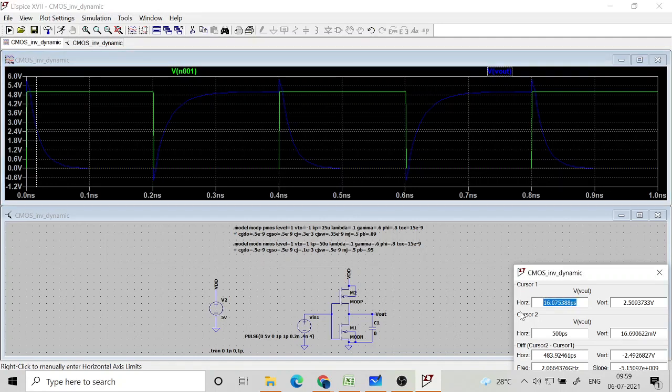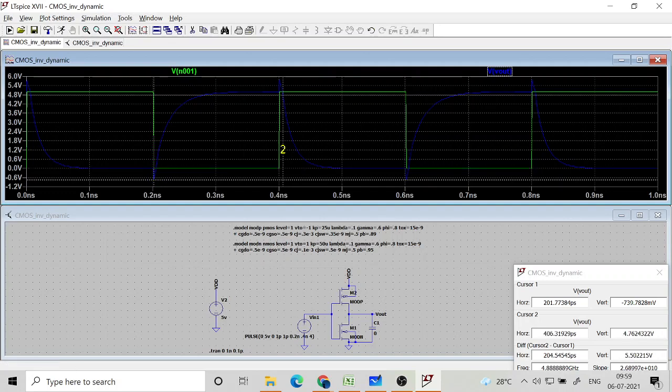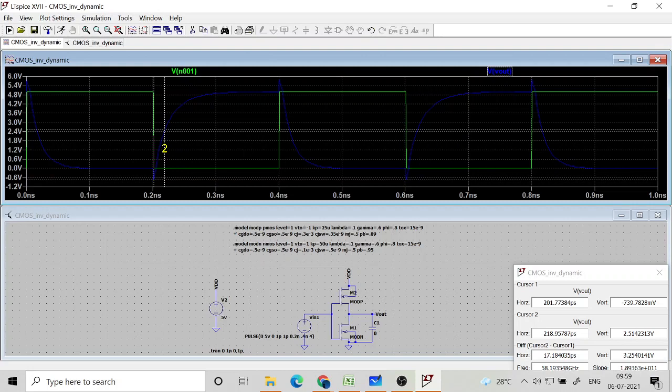But what is more important is whether they are equal for rise time and fall time. That is what we aimed. So let's see this. For rise time we bring again to the 50% point, roughly. You can see that it is 17. The earlier was 16, now it is 17. It could be because of some error in the way I put the cursor also.